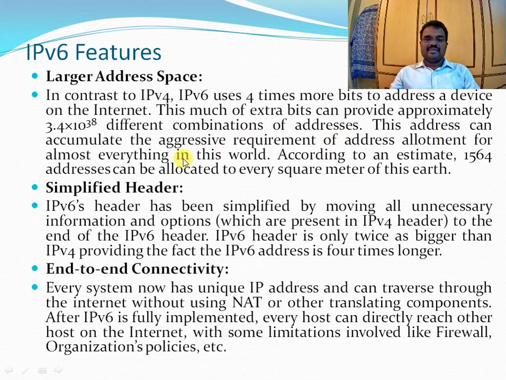These addresses can accommodate the aggressive requirement of address allotment for almost everything in this world. According to an estimate, 1564 addresses can be allocated to every square meter of this earth by using one IPv6 version. Simplified header. The IPv6 header has been simplified by moving all unnecessary information and portions which are present in the IPv4